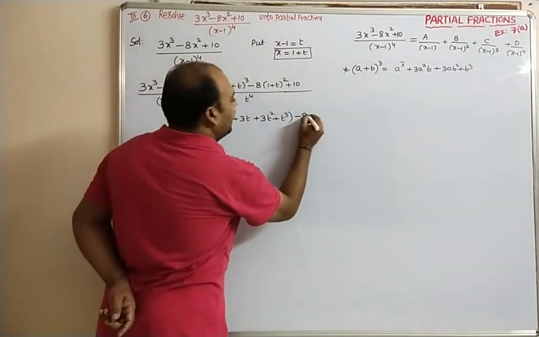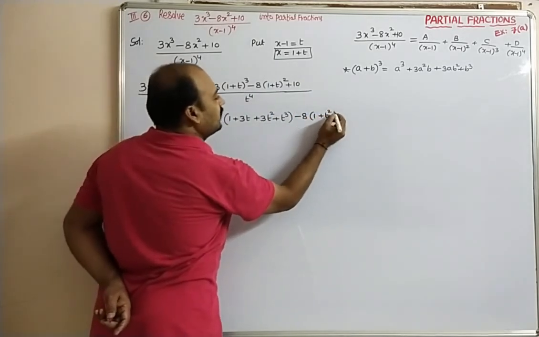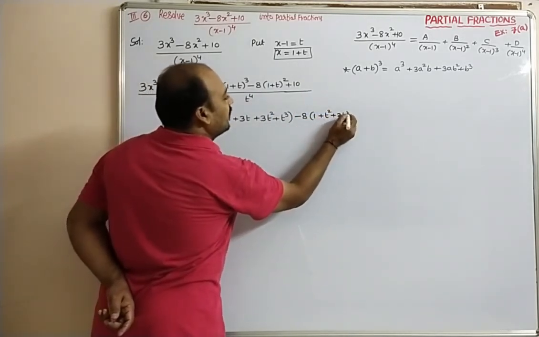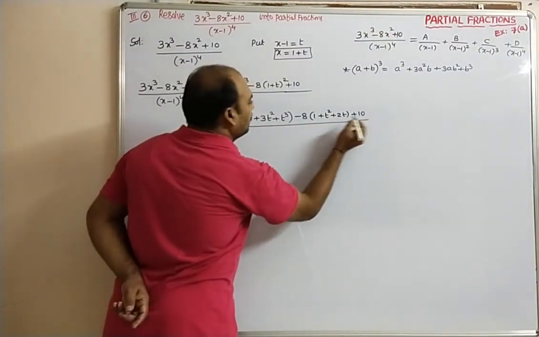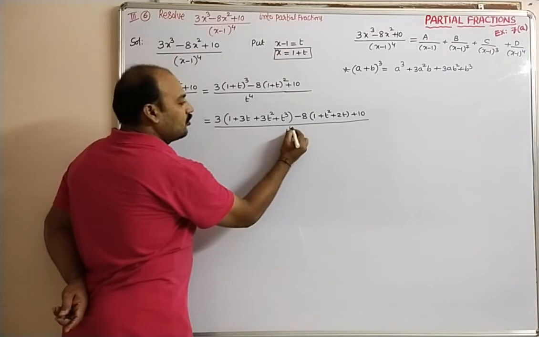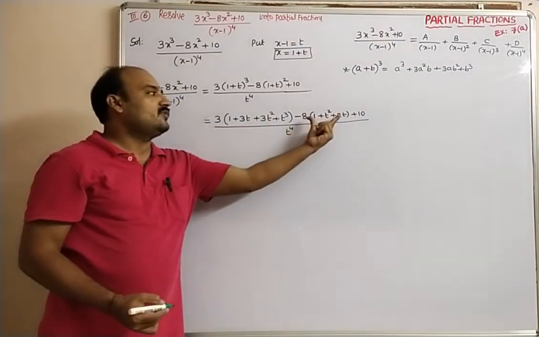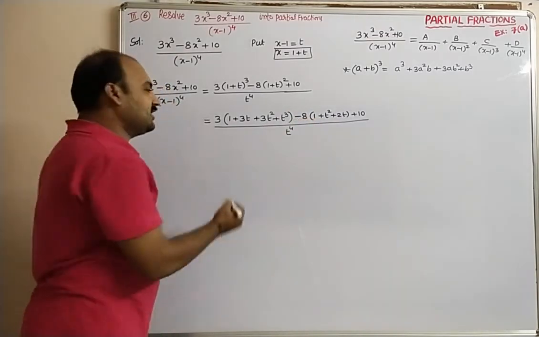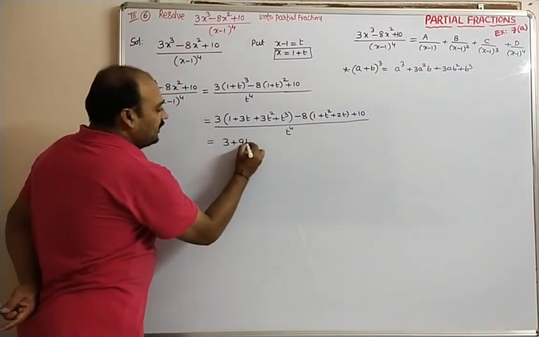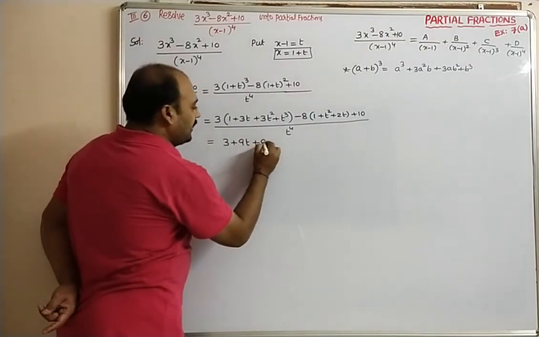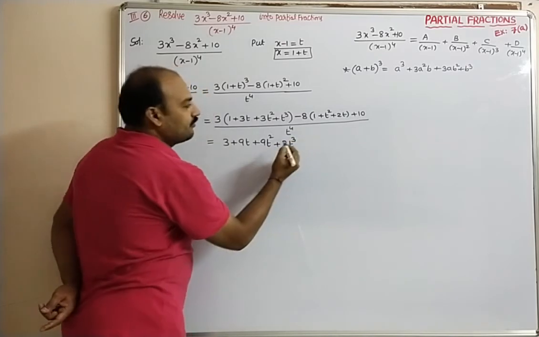Minus 8 into the a plus b whole square expansion, 1 plus t square plus 2t, plus 10 divided by t power 4. Now multiply each term by 3 in the first bracket and by minus 8 in the second: 3 plus 9t plus 9t square plus 3t cube minus